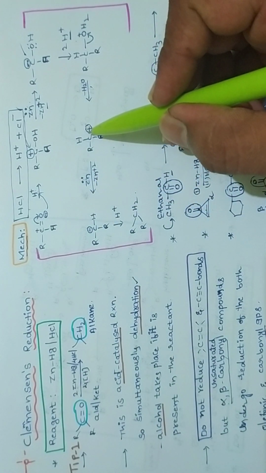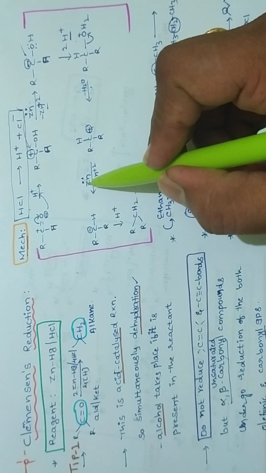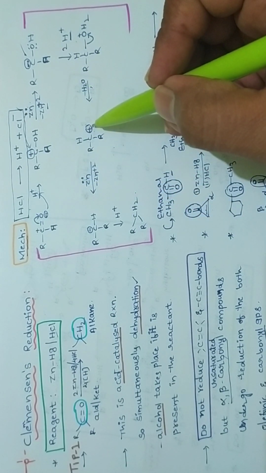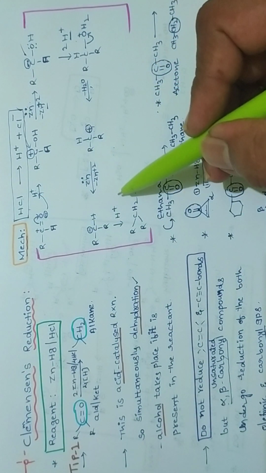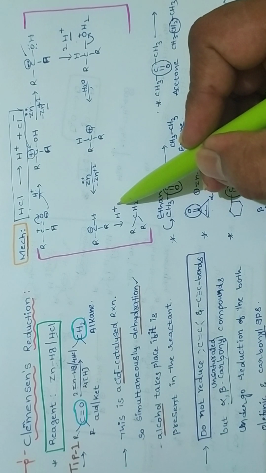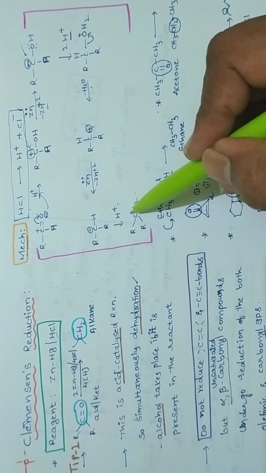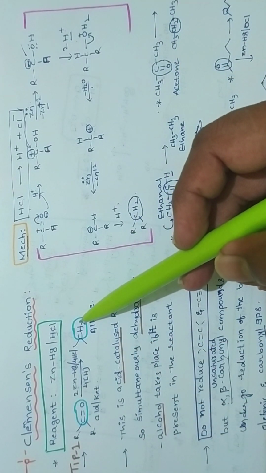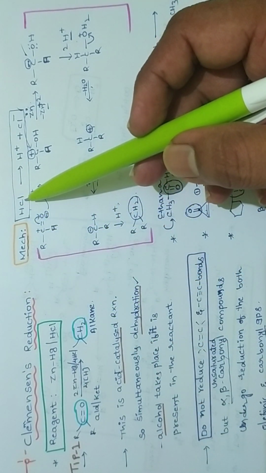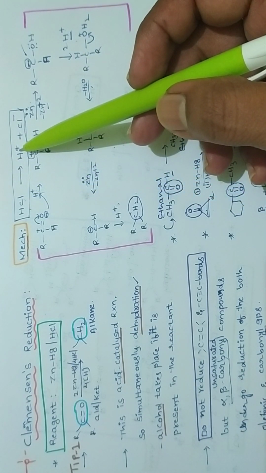Now again the carbon has the positive charge, which means it is unstable. Again zinc loses 2 electrons, and those electrons are gained by the carbon. We get a carbanion. Now again that carbanion reacts with an acid, that means HCl, and then again we get this product. Finally, from this mechanism what we understand is that the hydrogens we are adding are given by HCl. If HCl is given, it means we are adding H plus.